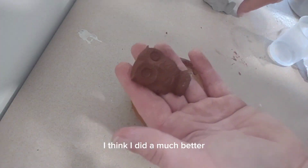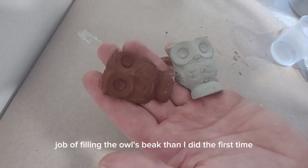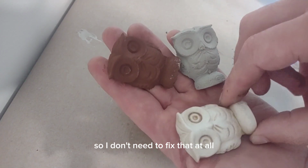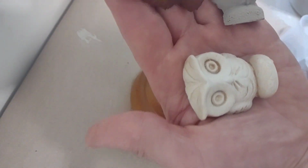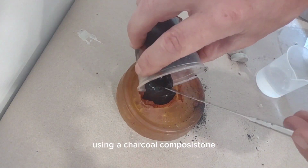I think I did a much better job of filling the owl's beak than I did the first time, so I don't need to fix that at all. And there's the comparison to the 3 that we have made so far. We're going to make one more using a charcoal